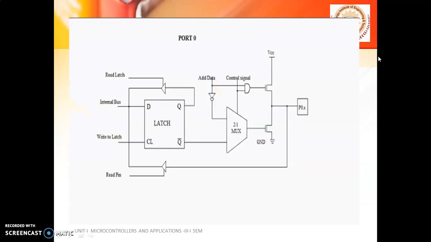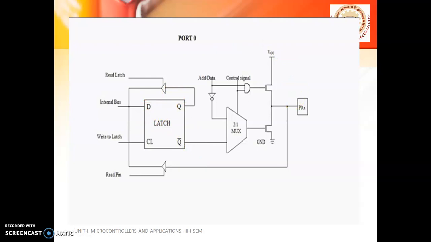Now let us see the hardware components which are present for this particular port 0. Here we are going to see all the components of port 0 in detail to understand it better. Whenever we have P0.x, it means we are talking about port 0, and here x can be from P0.0 to P0.7. Let us talk about each and every component in detail. We can connect input devices to this particular port pin, and even we can connect output devices to that port pin. Whenever we want to write some data onto that port pin, first the data has to be written onto the latch. From the latch, the data will be transferred to the output.